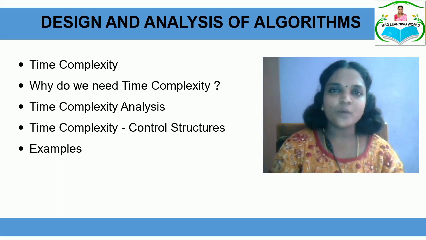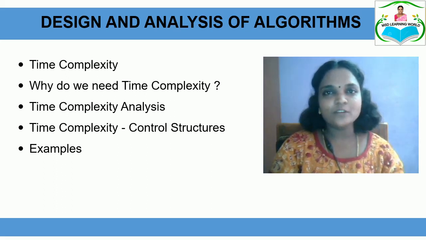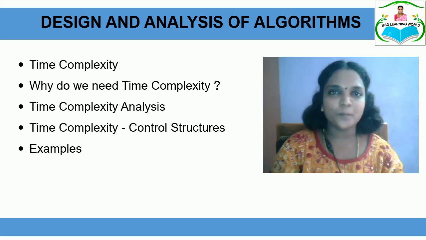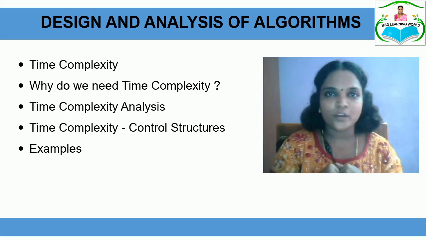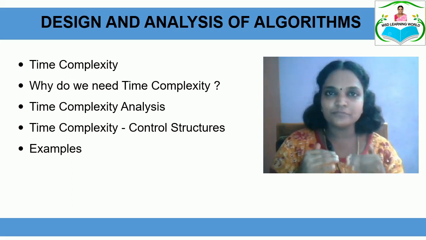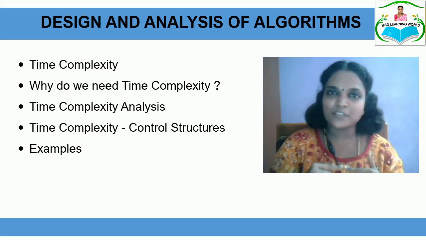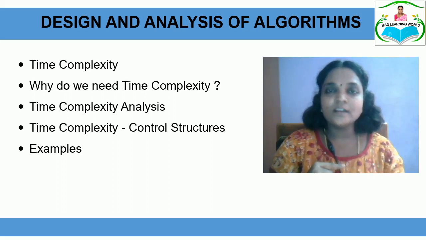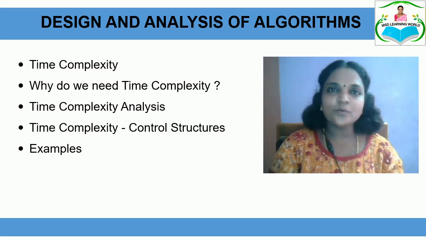So now, one more method for finding the efficiency of the algorithm is time complexity. When we consider time complexity and space complexity, which one is more important? As of now, when we find the complexity of an algorithm, time complexity will be more important than the space complexity, because the response time of any algorithm or any application must be more efficient than the storage allocation. So time efficiency is more important for analyzing an algorithm's efficiency.